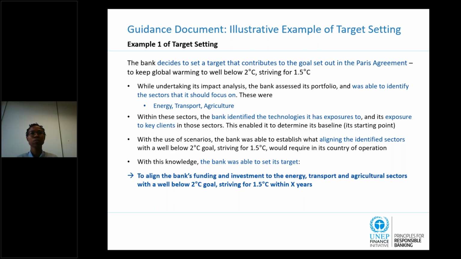So later on, we need to understand what kind of potential negative and positive impacts are associated with each sector. In the tool that I mentioned, there is a sector to impact map to give the banks an understanding of what are the potential positive and negative impacts under each sector and also subsectors. Then after understanding these potential negative and positive impacts, we need to think about some other factors which will vary from